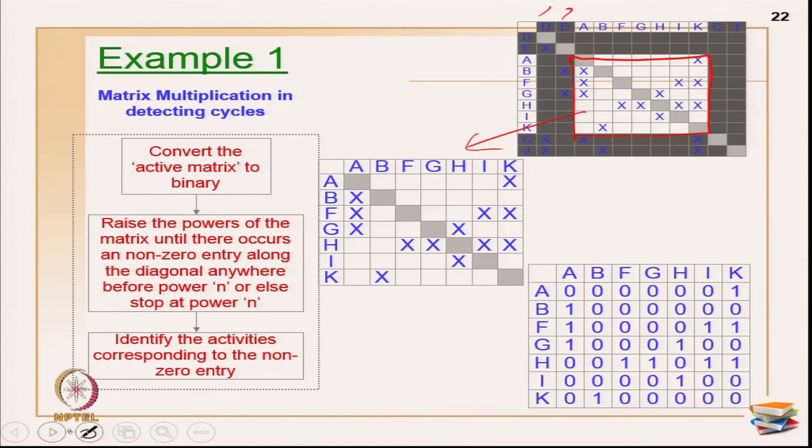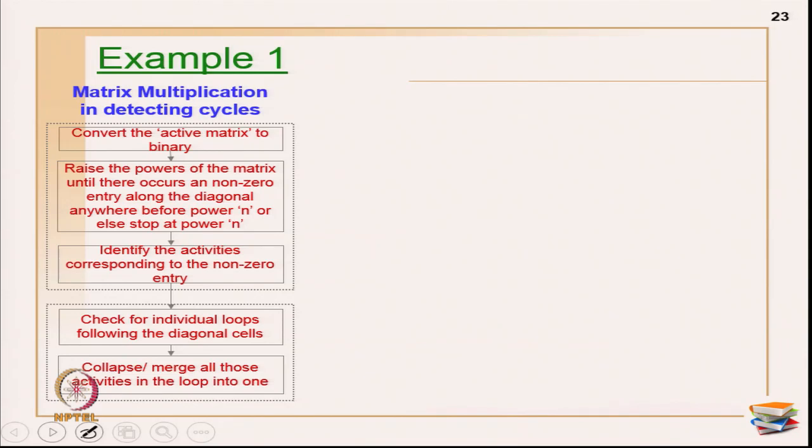Now how do I convert into binary? While explaining the types of DSM, I have told you this. So replace all these X marks as 1. If you are working on Excel, again it is very easy. Select for all these, this particular cell. Okay, search for X and replace with 1, you will get all ones. Empty cells all, if you put 0, you will easily get a 0. Okay. So I have just converted all these into a binary matrix. Now I have my binary matrix. So this step is really over. Okay. So take out the active matrix and I have converted into binary and I have the binary matrix right now. Okay. Now what do?